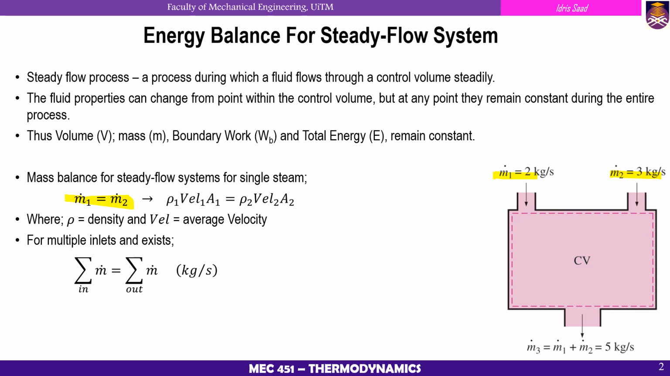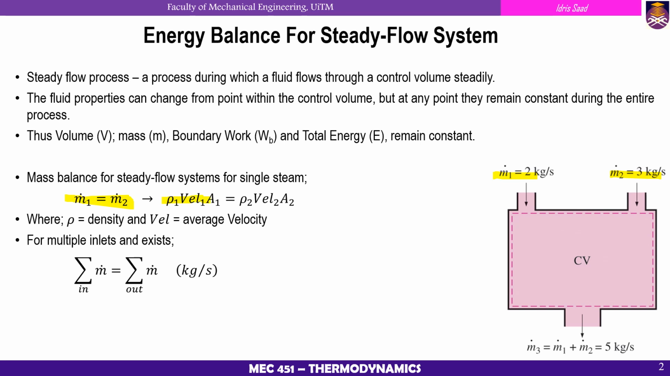Therefore, we will use the mass flow rate with the symbol m dot, where its unit is kilogram per second instead of m in the unit of kilogram. Actually, the mass flow rate can be determined by using the equation of density times velocity times the cross-section area of the fluid flow, as shown in this figure. So, when we substitute this equation into the equation of the mass balance, then we can get density